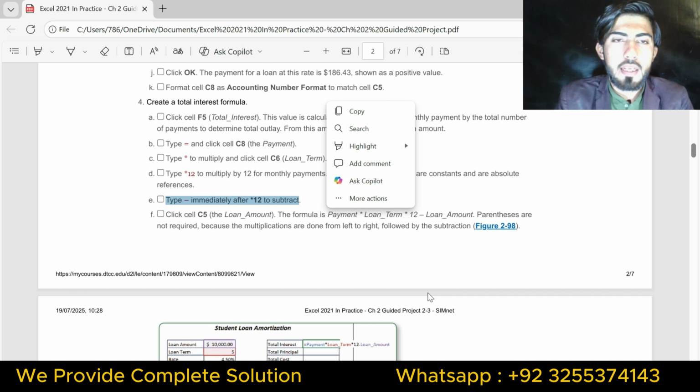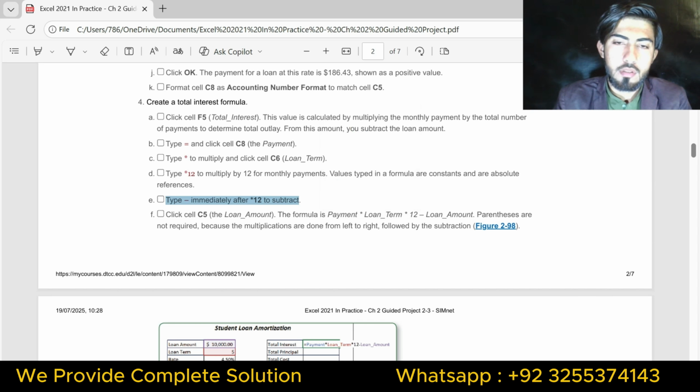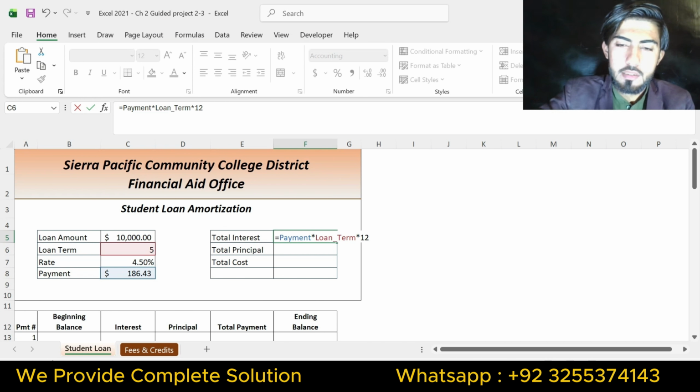Part E is type minus immediately after 12 to subtract. So just minus, just type minus. Okay.